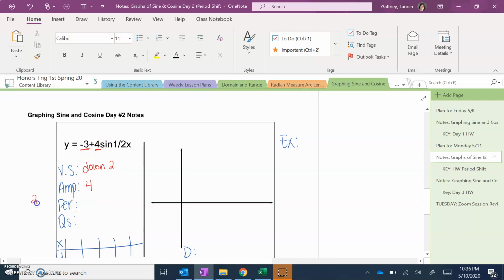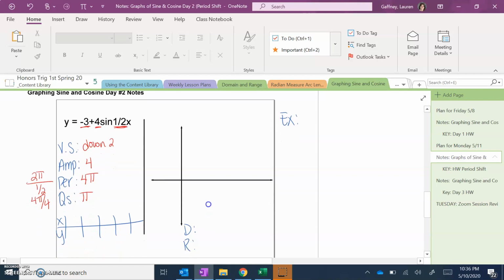Now my period, I take 2 pi divided by whatever this b value is. So if I take 2 pi divided by 1/2, that's the same as multiplying by 2, multiplied by the reciprocal, so that would be 4 pi. Now my quarters are my period divided by 4, so this would be pi. Okay, so far we're still always starting at 0. We haven't messed with that. So now we're counting by a quarter of pi. So add on pi,